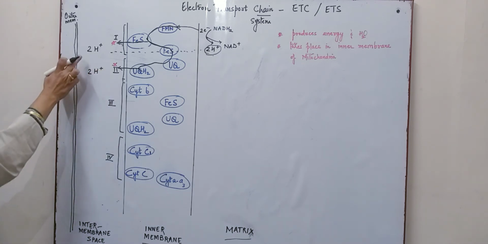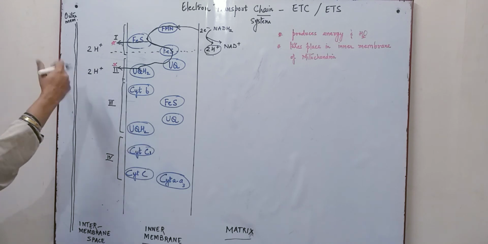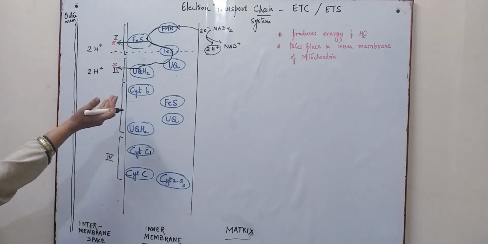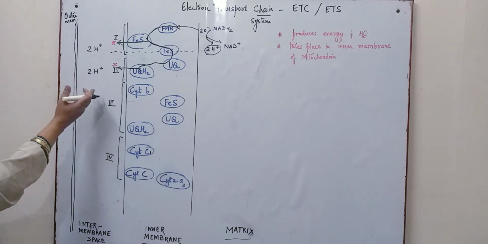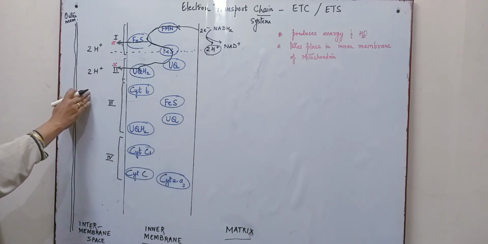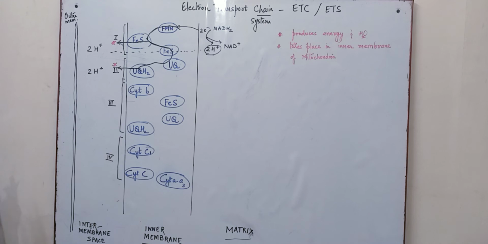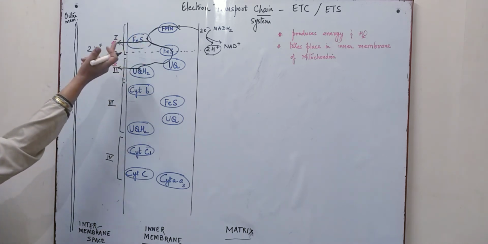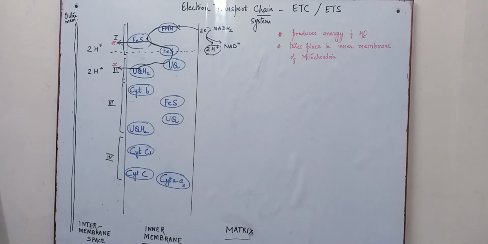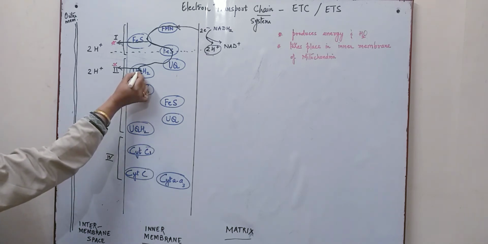So till now we have 2 times the release of energy which is being utilized to pump a pair of protons from the matrix to the intermembrane space. The electron, as explained, will be continuously losing energy as it passes through the carriers. Now this electron will further pass through cytochrome B,